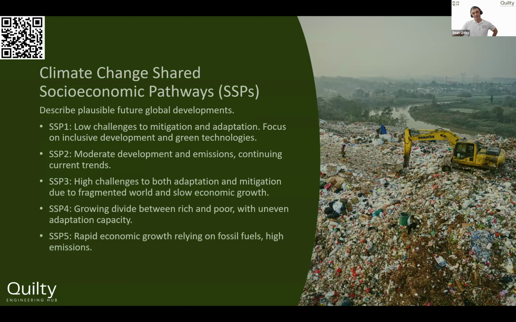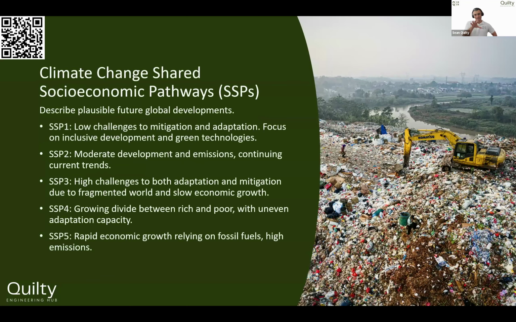So when it comes to climate change, and there's a fair bit here, but I know this will be recorded and shared, so you'll be able to go back, hopefully. But essentially, when it comes to rainfall, we've got these climate change factors that we apply to our rainfall intensities. So these factors basically just mean you increase your rainfall intensity for the values you might be designing with.